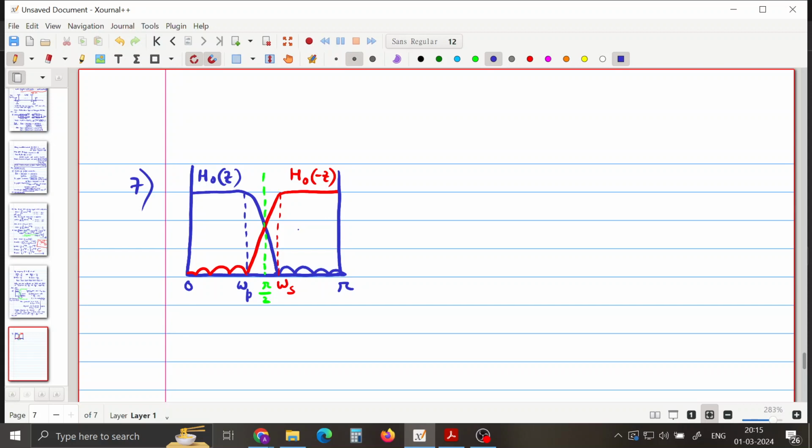The passband frequencies and stop band frequencies of these two filters, so the passband for the first one becomes kind of a stop band frequency for the other filter, and vice versa, okay. And they're symmetric about the point pi by 2, and that's the main thing. So by symmetry around pi by 2, which actually is the case that is satisfied for QMF,